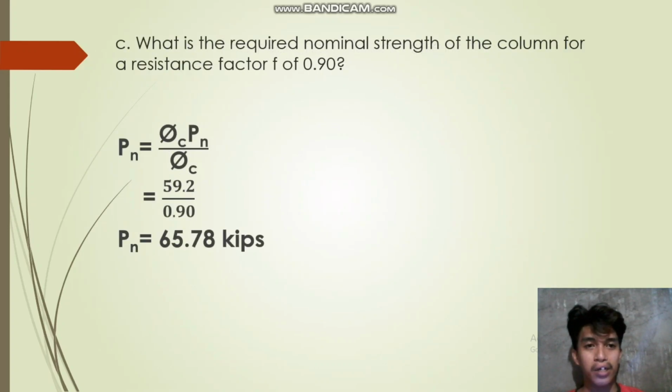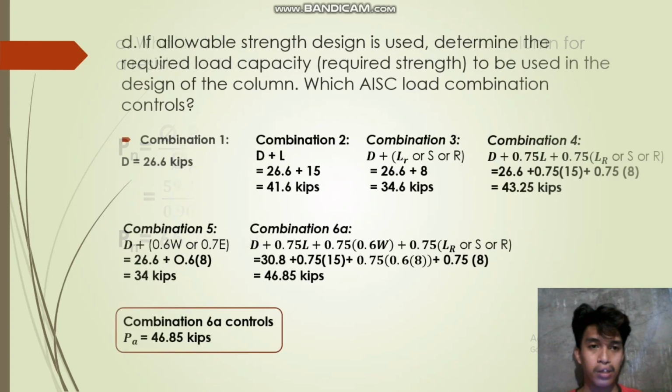Next, letter C. What is the required nominal strength of the column for a resistance factor of 0.90? Pn is equal to theta C Pn over theta C, which is 59.2 divided by 0.90. Pn is equal to 65.78 kips. Next, D. If allowable strength design is used, determine the required load capacity, required strength, to be used